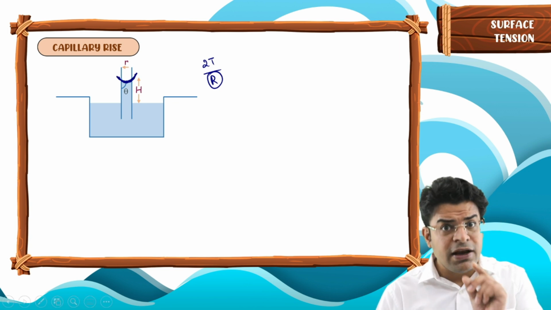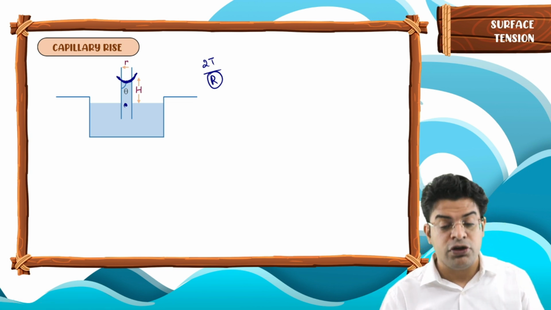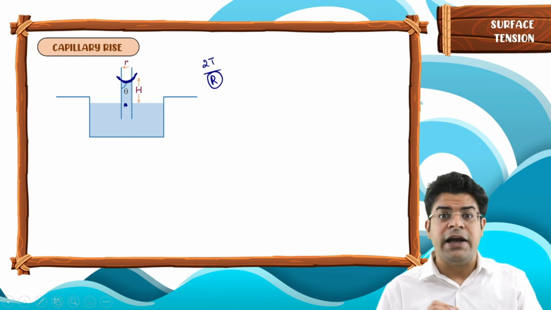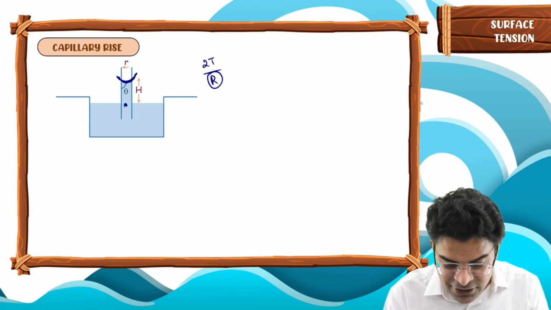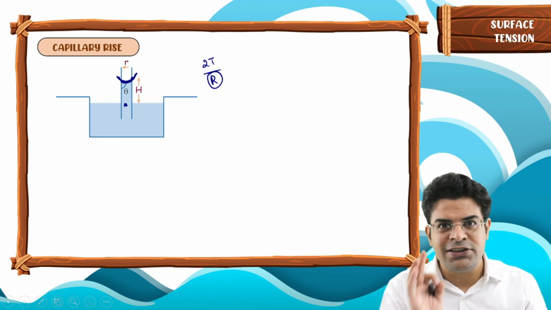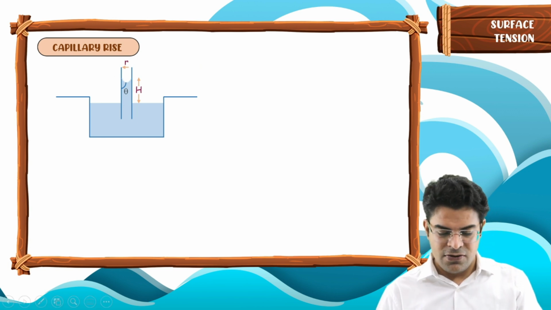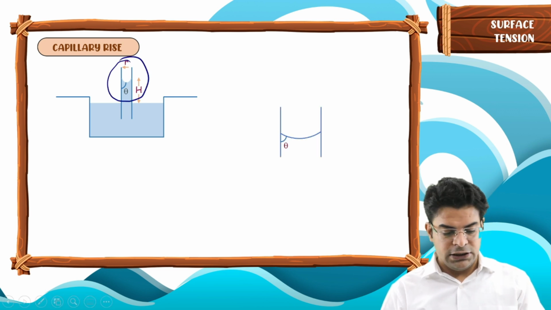And we even have learned the fluid will keep on rising till the time the pressure of this point does not become equal to P atm. So how to find this height? First, we need to know what is the pressure difference created because of this curved surface. And to know that, we need to know its radius. So what to do? Better zoom in on this part and visualize the surface.